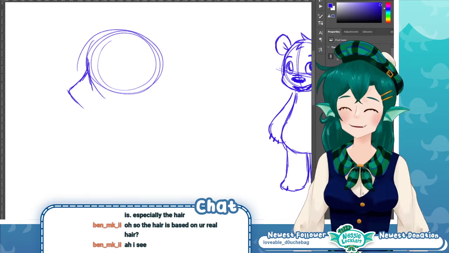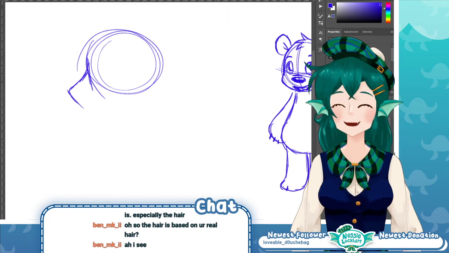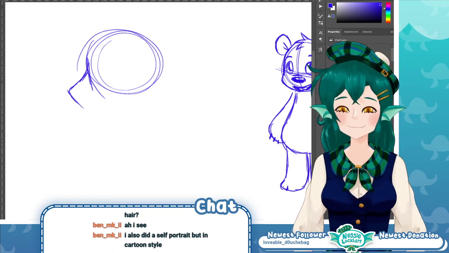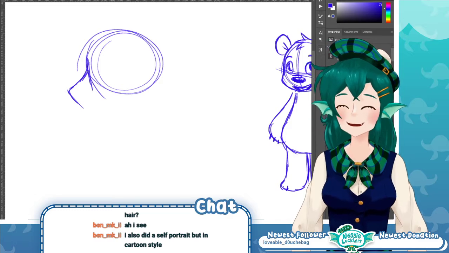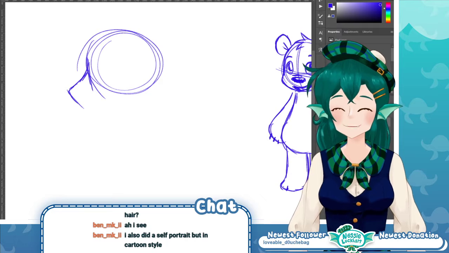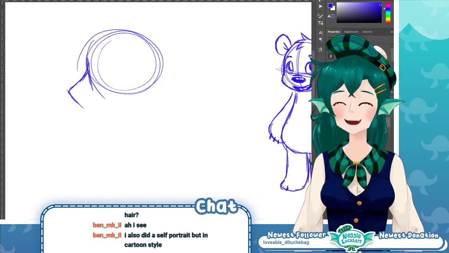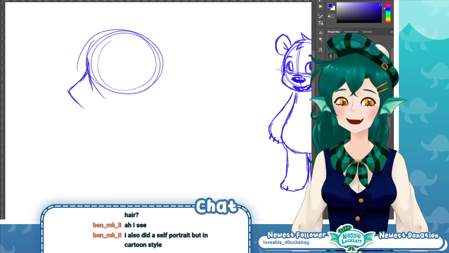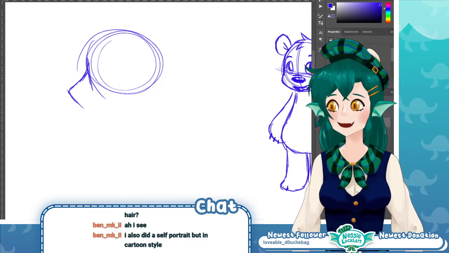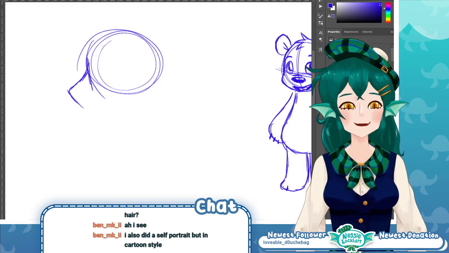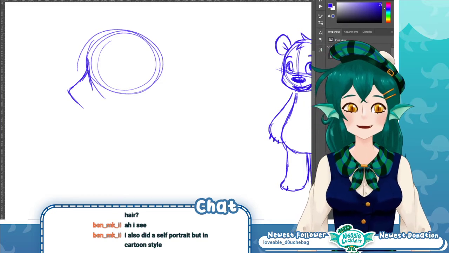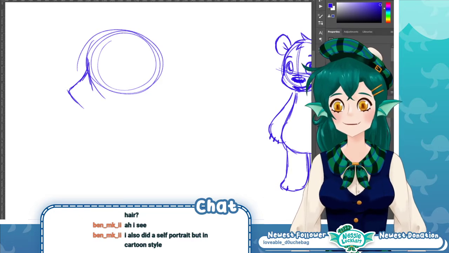I don't know if any of you ever watched My Life as a Teenage Robot, but I think a lot of my art style is really inspired by that show, but I've never drawn Jenny from that show, which is kind of weird. So I decided to give it a good shot, and things definitely look better with a reference. I think pretty much anyone who draws could tell you that.